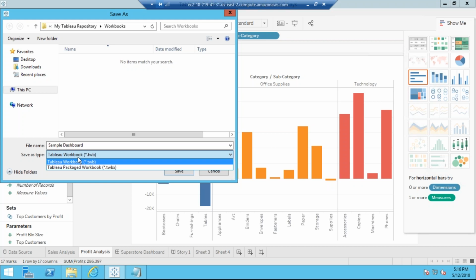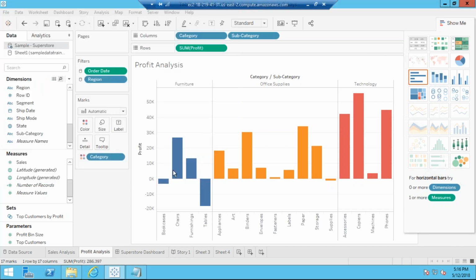Okay, no issue. Let's say I save it as TWB. So I'll just save it. It will be saved as the sample dashboard TWB file. Okay, it is saving.